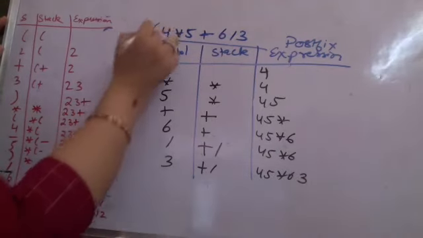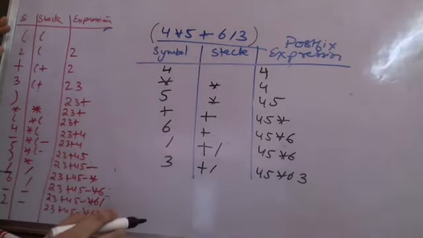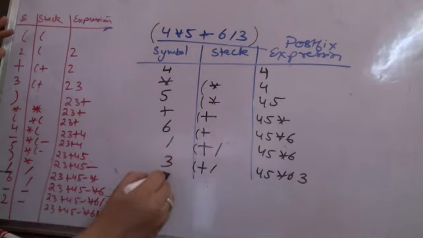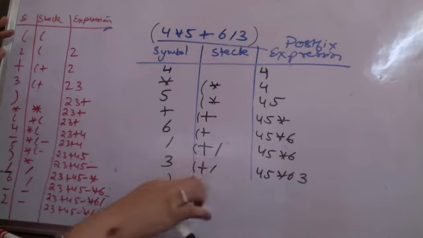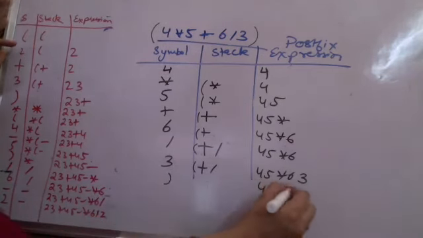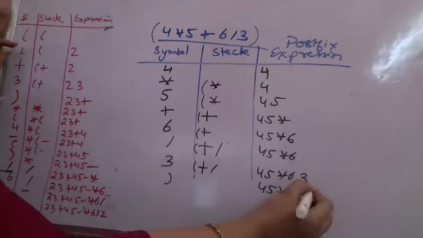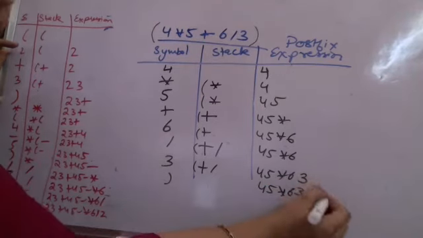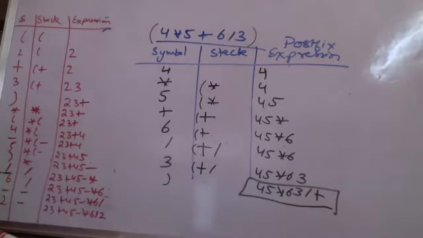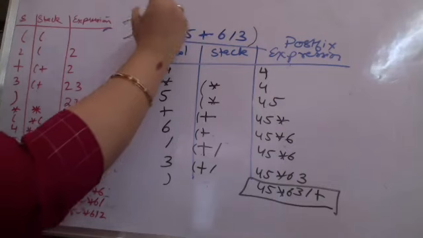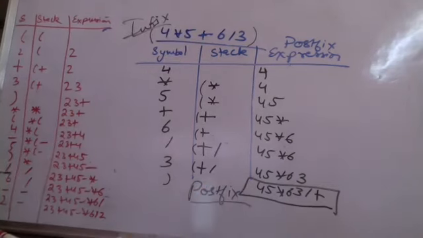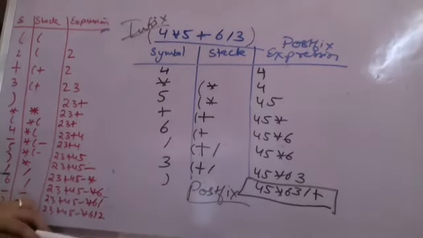At the end, generally what we do is add opening and closing parenthesis, so that the opening parenthesis is always there, and now when you get the closing parenthesis, you will pop everything from the stack and it will be added. So the final expression that you will get is: first divide is popped, then plus is popped. So this becomes my final postfix expression. Is the conversion from infix to postfix now clear to all of you? Yes, class. Anybody, any doubt? Yes, ma'am.